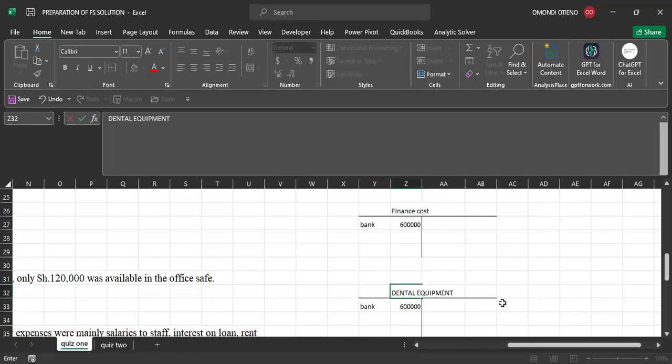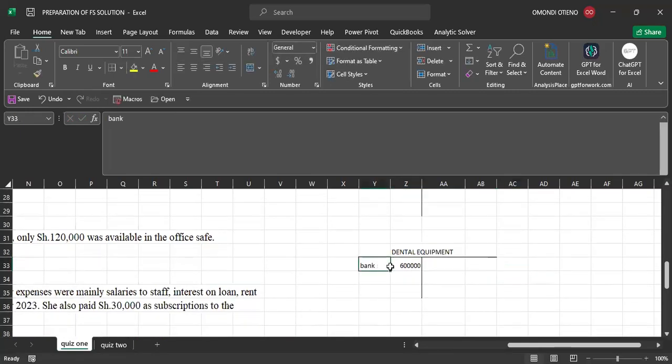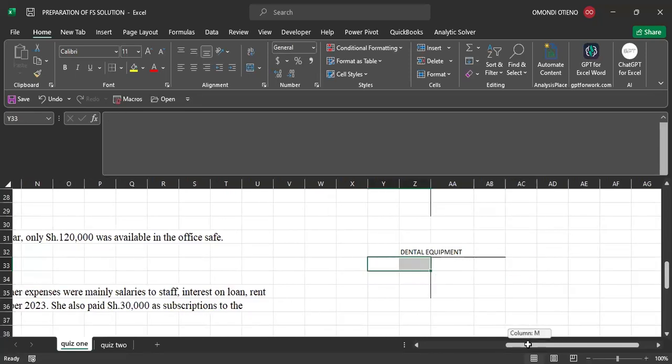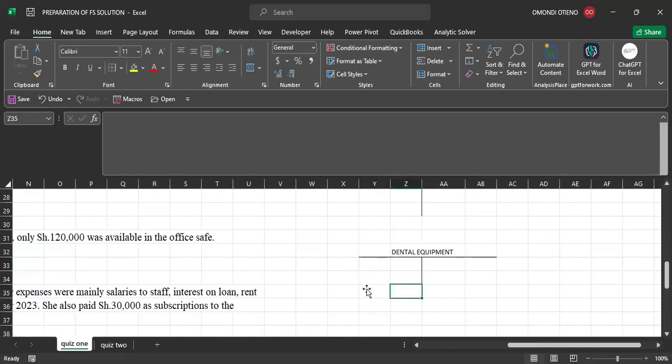Let's just deal with that information only. Good. So this dental equipment, which costs are we going to capitalize? All the costs incurred to make this equipment ready for use will be capitalized as the cost of this particular equipment. So they are purchasing it, which means money is coming from our bank account to purchase this equipment. So we're going to debit equipment account by crediting bank.